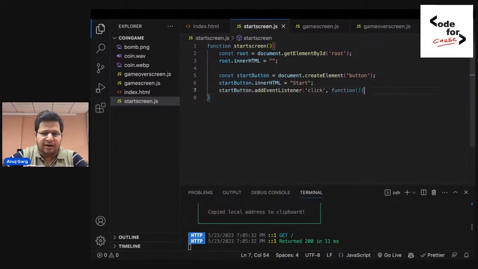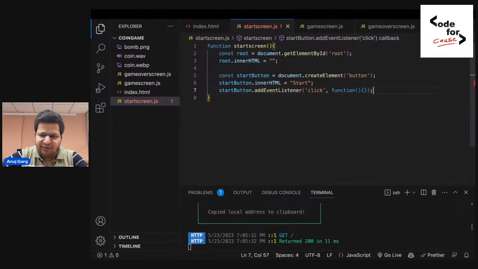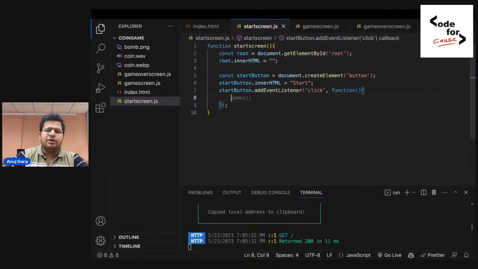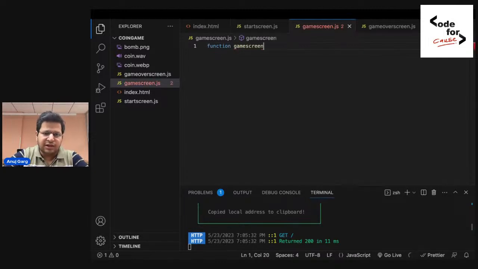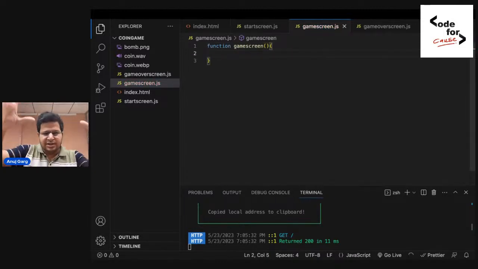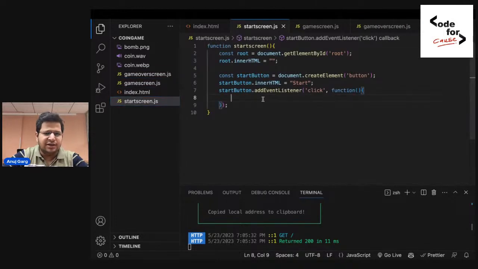Then startButton add event listener: whenever we are clicking on this, the function that needs to execute would be the function game screen, and because these all would be imported in my HTML file,